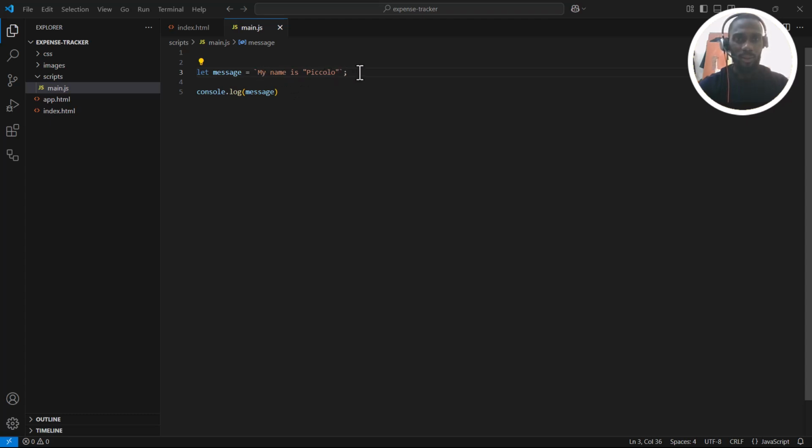So now we can add a method to it. Let's say we have declared the variable as let message equals "my name is Piccolo". Now let's try to get the total length of it. We can create a variable that's going to store the length for us, let's say messageLength, and it's equal to